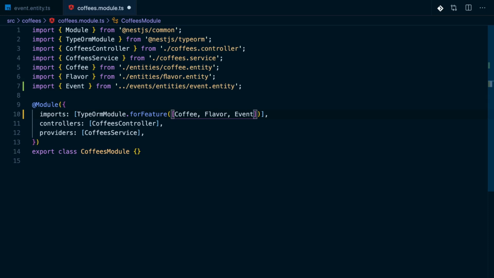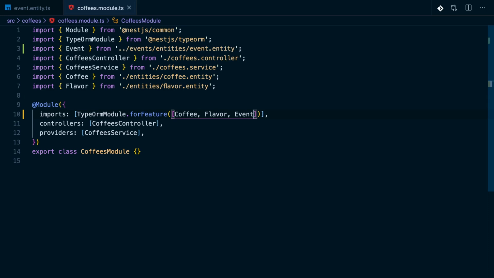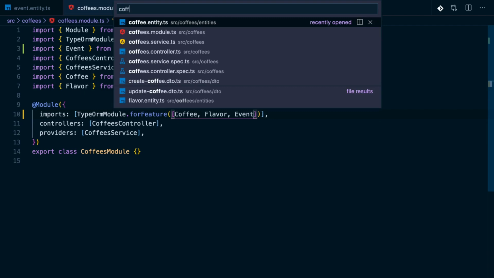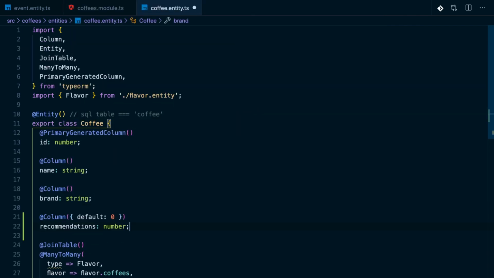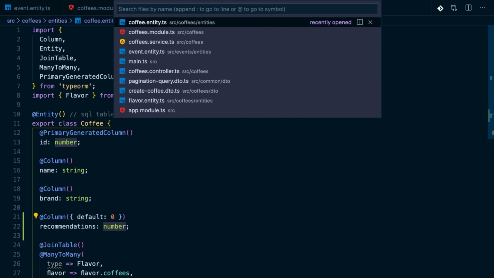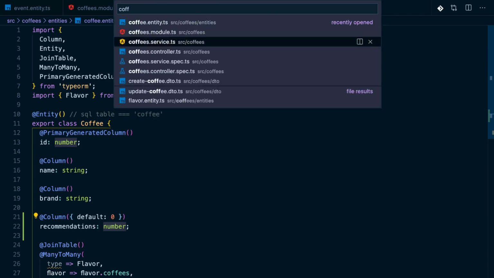Next, let's make sure we add this new recommendations property we talked about to our coffee entity. In our coffee entity, let's add an additional column calling it recommendations. Let's set the default value to 0 and make it of type number. Perfect. Now that we have our coffee and event entities all set up, let's get back to our coffee service